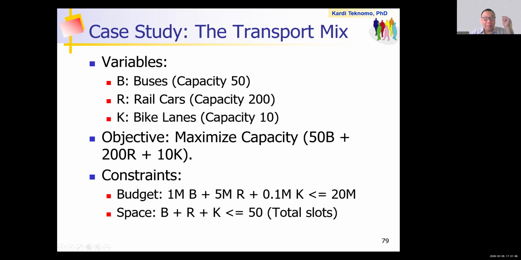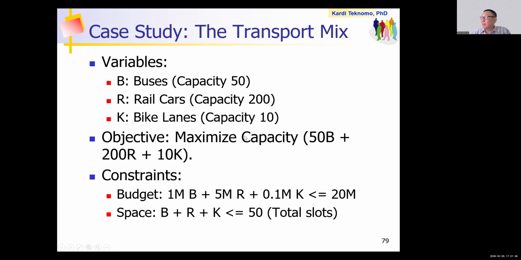So let's try with a transport problem. Let's try with three variables, to simplify again. Say you are buying a fleet: either bus, rail car, or bike lane. We want to move people, so we want to maximize the capacity.